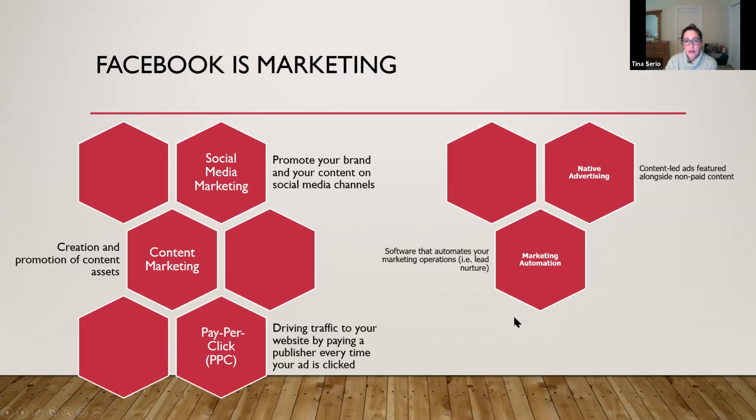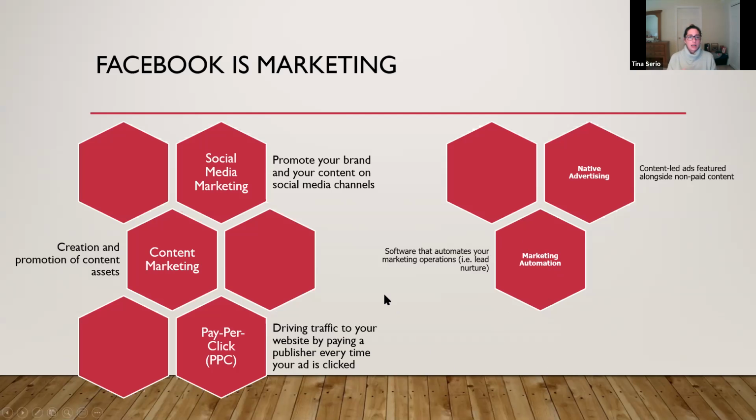Marketing automation in general is just a software or a tool or a solution that helps you to automate some sort of operation of your marketing. So a lot of marketing automation tools will help you with lead nurturing or lead flow. Another marketing automation tool might be email marketing. So say you create an ad and you collect a bunch of email addresses from your ad, you might then use a marketing automation tool, like an email platform, to help to automate emails that go out to people after they fill out a form on your ad.